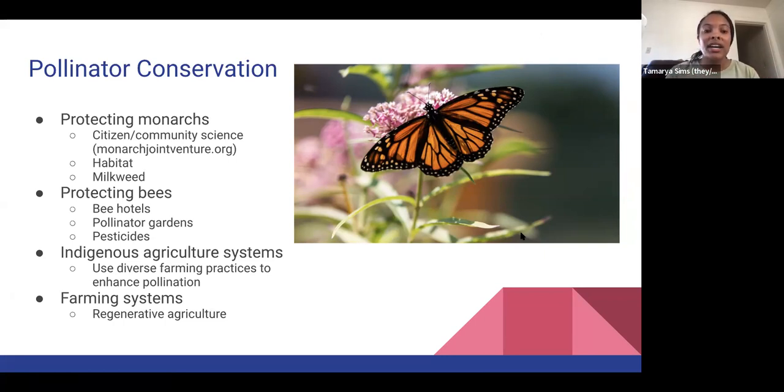But I really am gung-ho about the pollinator gardens, and I'll have a resource in the end to show you where you can find different flowers and what flowers to use and what they're good for, and the native ones. So that will come in a second. And then also just reducing pesticide use or not using them at all is another